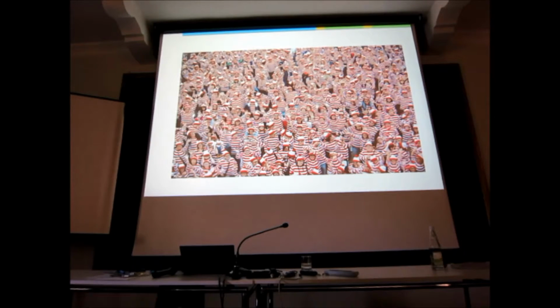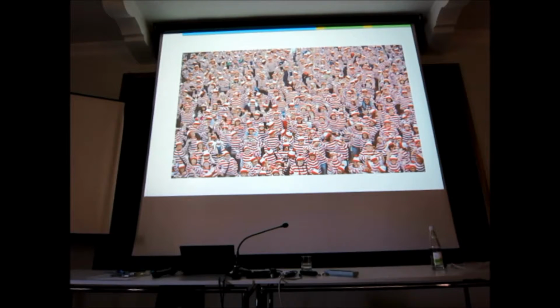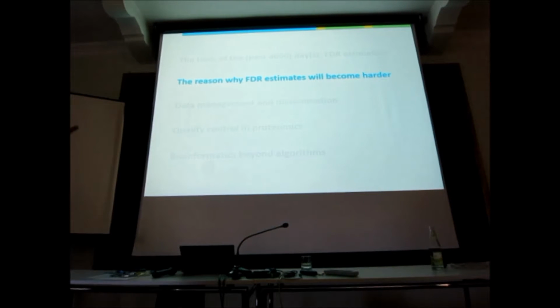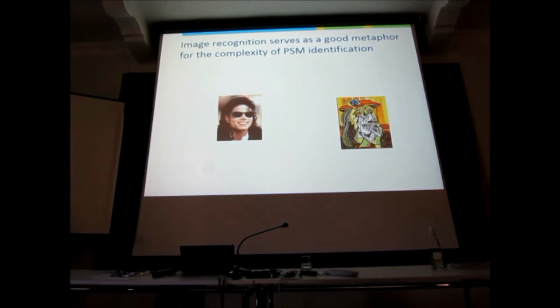So, now there's lots of Waldos. And that is the problem. So let's go into the problem in a bit more detail so that you understand and that I can give you a second thing that's on our very close horizon that will make our life difficult. It's the reason why FDR estimations fail in these big databases and in a lot of other cases. This is target decoy searching.